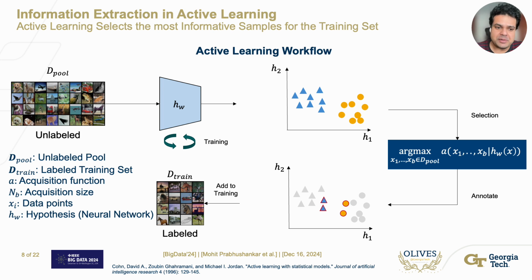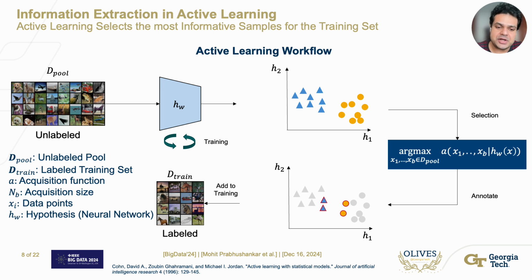So let's go through this pipeline in a little bit more detail since it describes the overall workflow of active learning. In active learning, we start with this very large unlabeled data. Active learning by itself is a paradigm within machine learning, similar to supervised and unsupervised machine learning. However, the difference is that supervised and unsupervised machine learning are related to the presence and absence of labels within data. But active learning is different in the sense that we start off with a large pool of training data